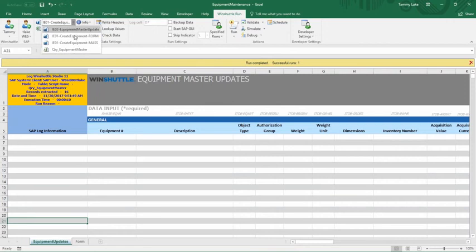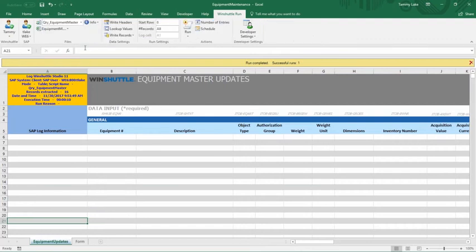Also in here I've got several things I can do. I can query the equipment master. We're going to do that first, and I'll show you that in a second. I can do some mass updates. I've also got a form in here, and I've actually got a couple, and this is creating equipment, and then I can do some mass updates. So the first thing I'm going to do is query what's in SAP now. So I'm going to run this,